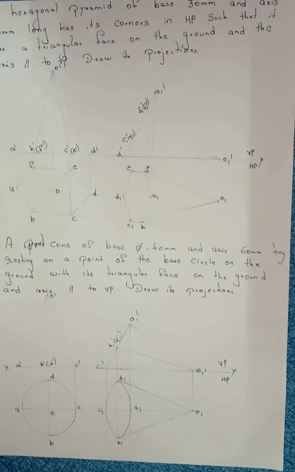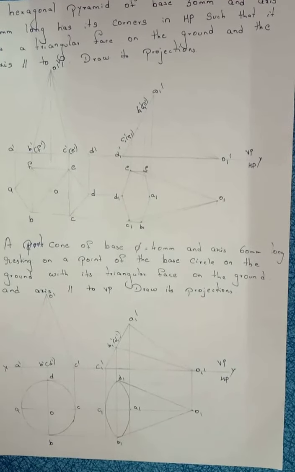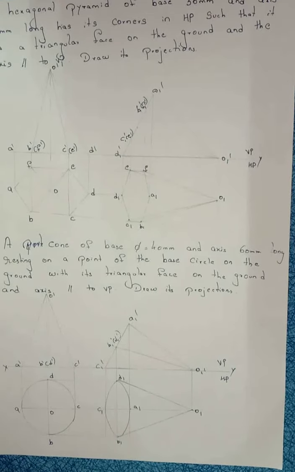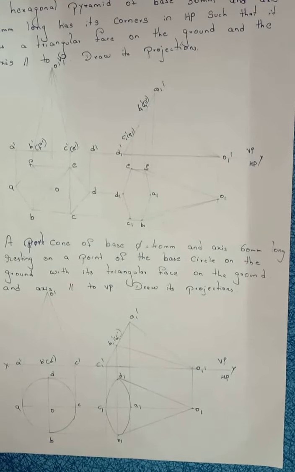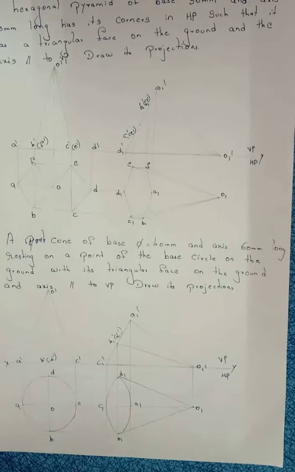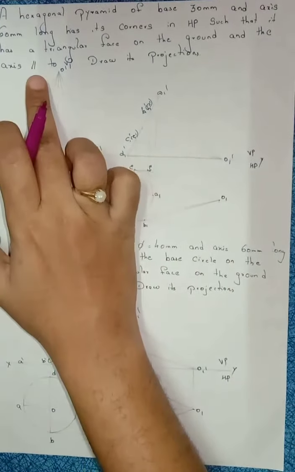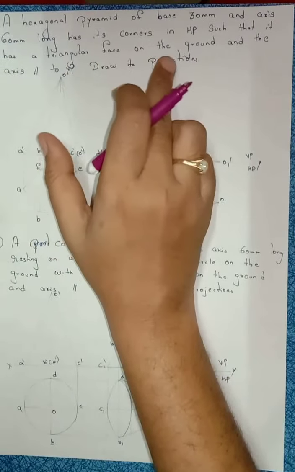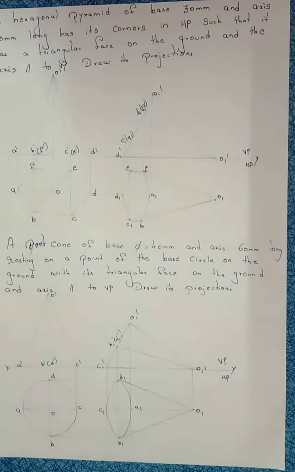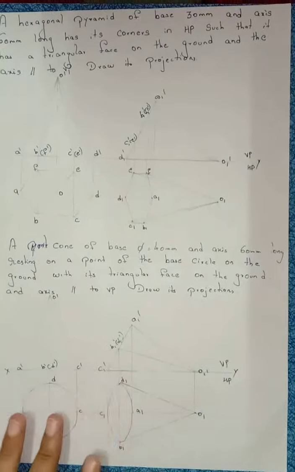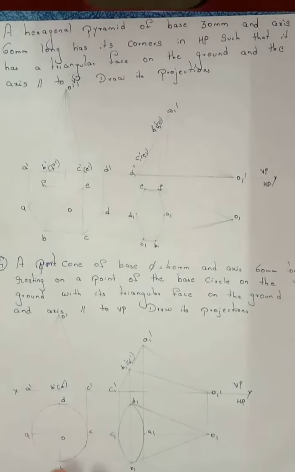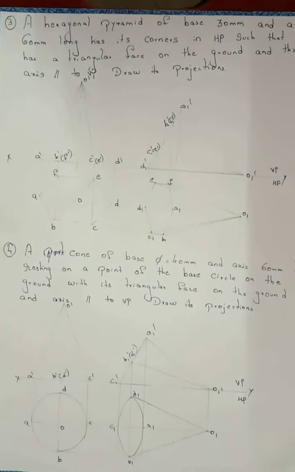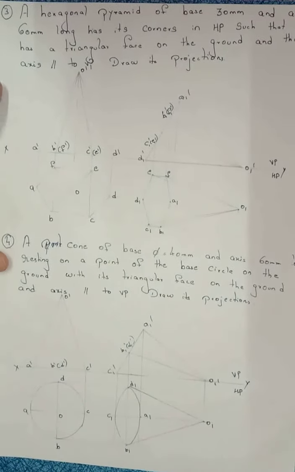First question is that. Right, so previous problems: 30 degrees to HP parallel to VP, 45 degrees to VP parallel to HP. They mentioned one angle, they mentioned the parallel condition. So already here they mentioned the parallel condition. They mention another condition, triangular face on the ground. So we know in the question if they ask triangular face on the ground, how we have to solve, we know that. Right? So after reading the question, you have to remember 4 points.